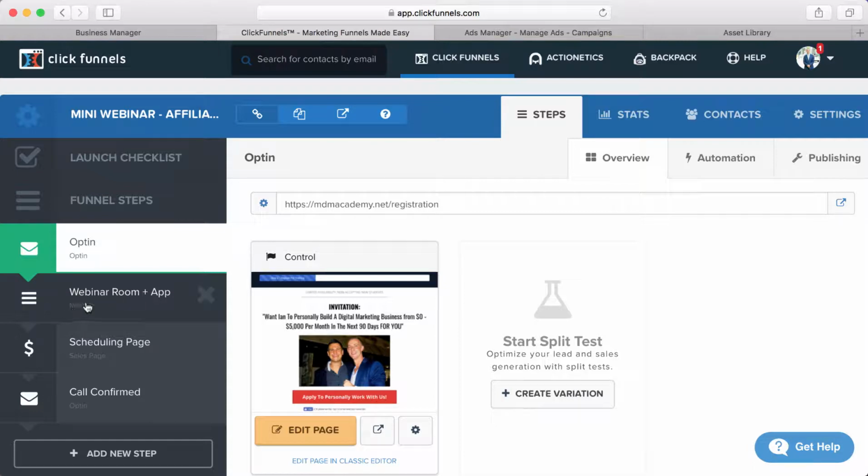And then also we're going to do one for somebody who hit the webinar room but didn't go to the scheduling page. So this is why it's super important that you guys have that redirect in the application, because we will know if somebody watched some of the webinar but didn't fill out the application and left, because if they did fill out the application, they would be redirected to the scheduling page. So we want to make sure we have two different